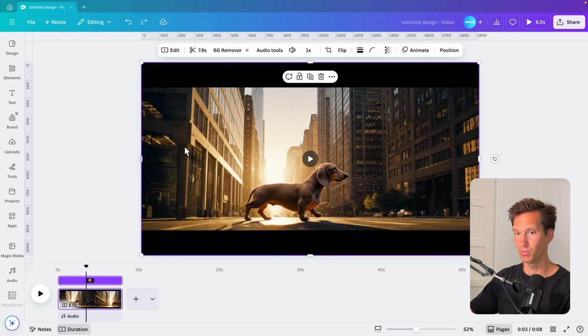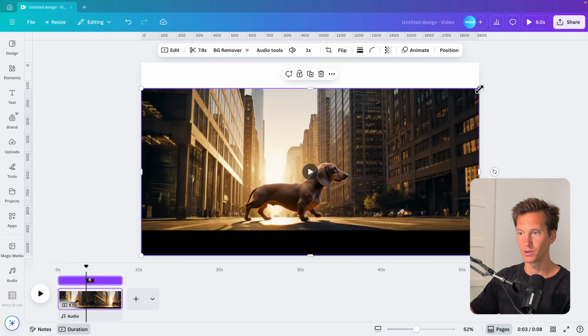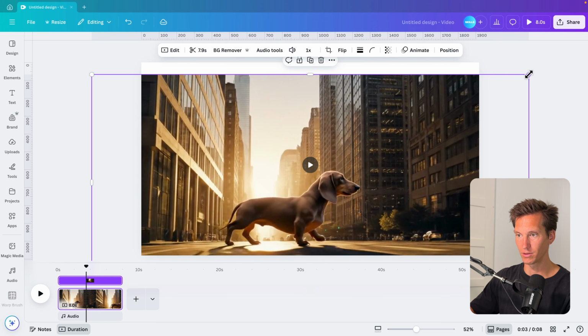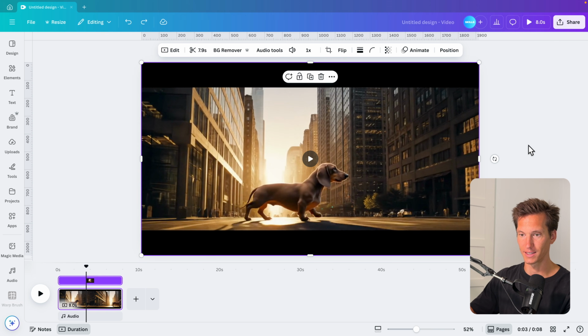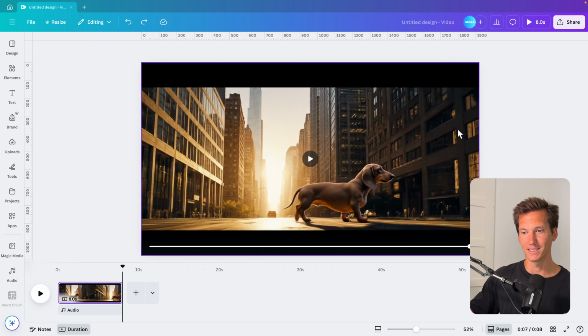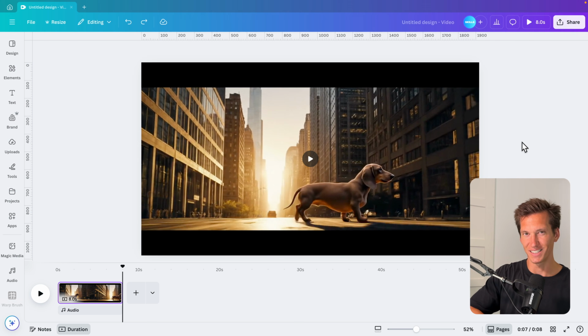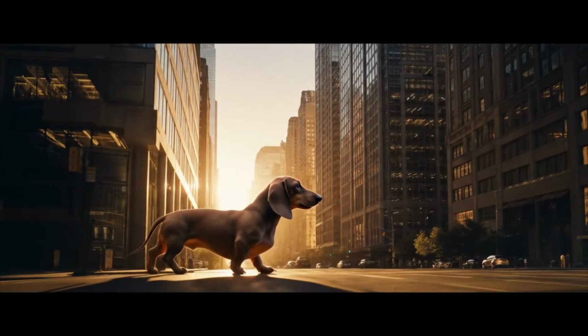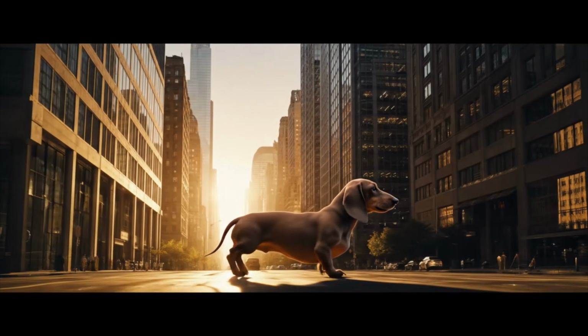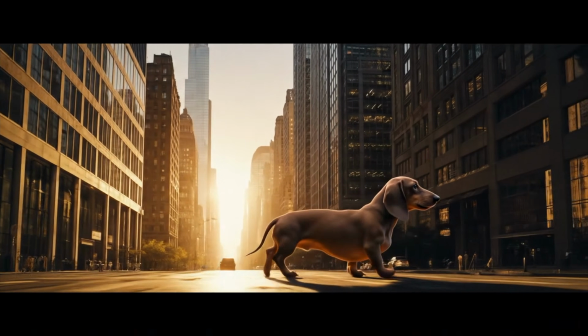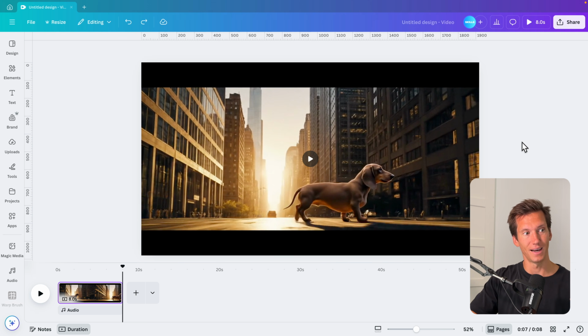If you don't like those borders, you can always crop them, or you can increase the video to crop out the black bands at the top and the bottom, or you can leave them in if you want that cinematic feel. That is also perfectly possible. And if we put this on full screen, you can see that the sound that it brings and has been added is quite realistic and is a really nice effect to your designs as well. So the sound is automatically included, and I think within a few seconds and a prompt, you get quite a cool result